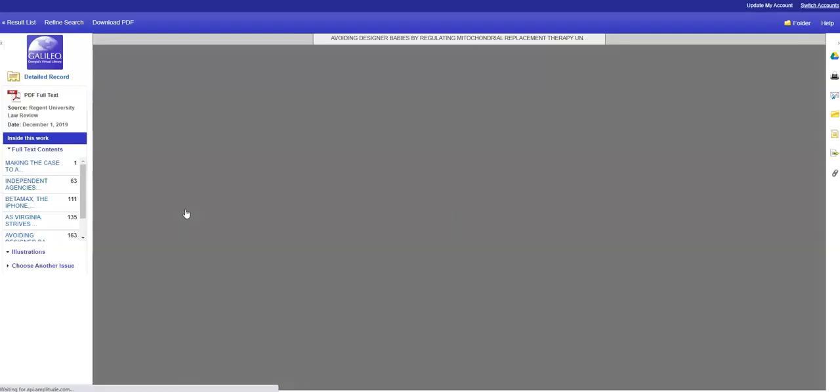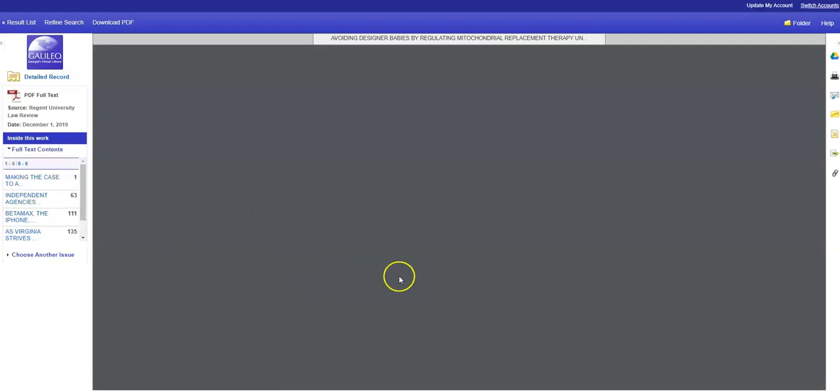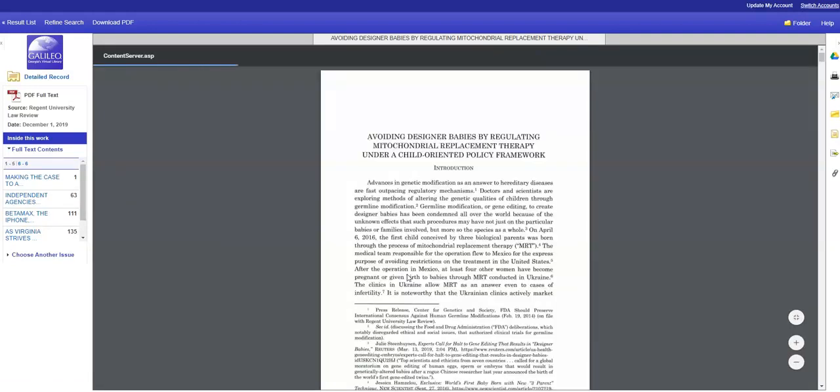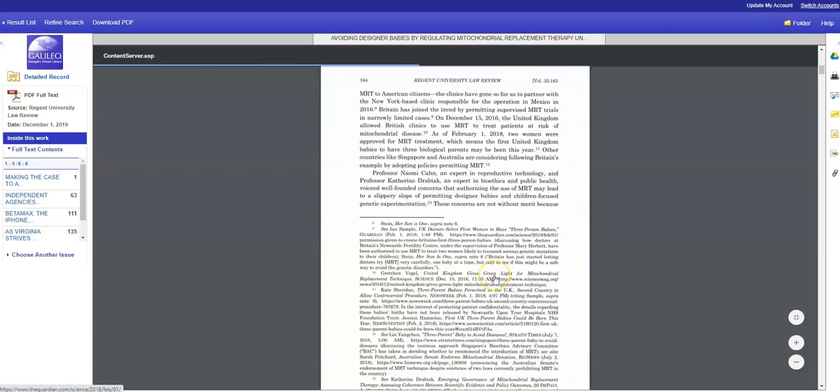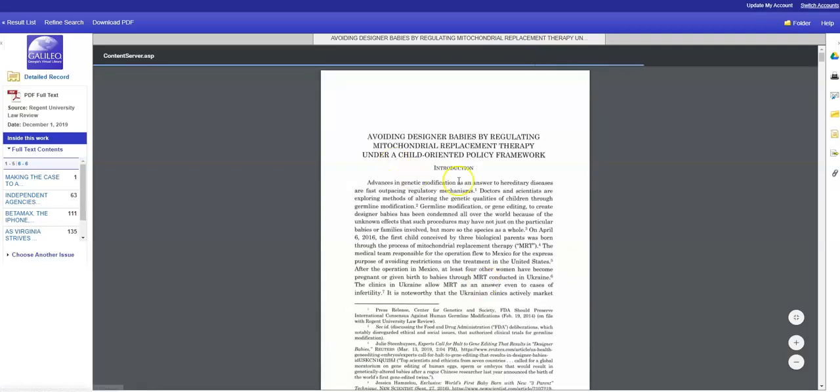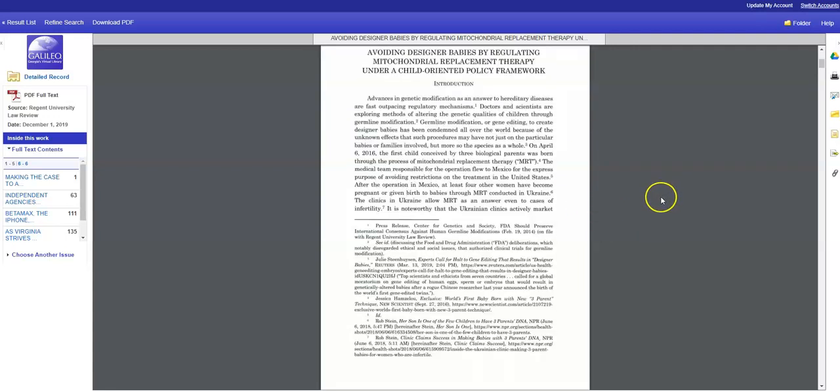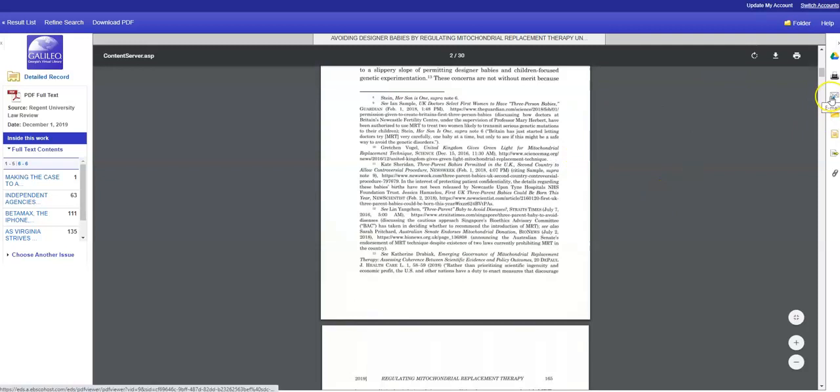And I'm hoping that this one will have an abstract that I can show you. Well, no, this one doesn't have an abstract. It has an introduction, though. A lot of these articles that you will happen upon will have abstracts, which is basically like when you open a book at Barnes & Noble and it has the little synopsis on the side panel and you can read what the book's about. A lot of these essays will have those abstracts so you can see what the article's about before you get into it. So like I said, make sure you email it to yourself if you love it,